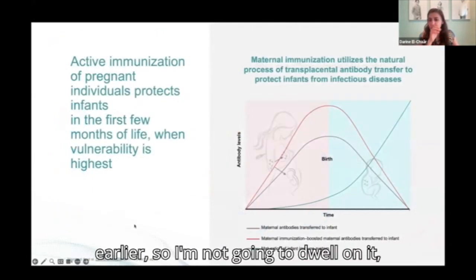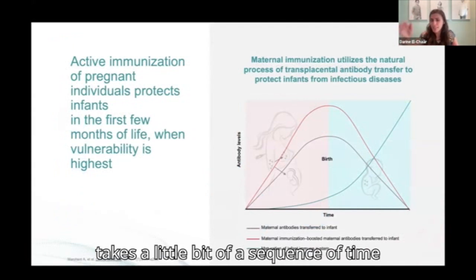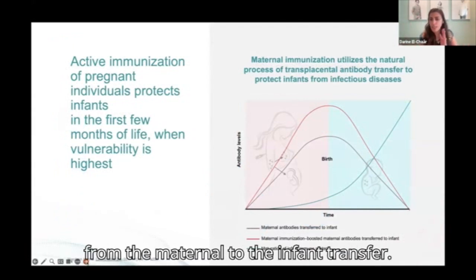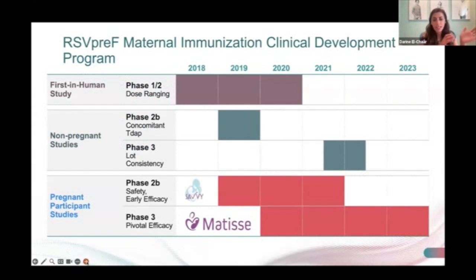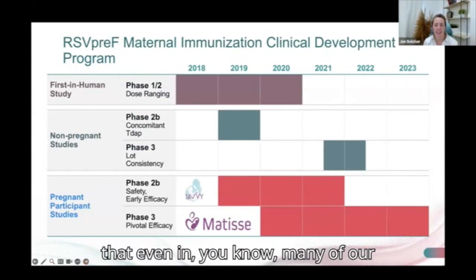I kind of described that earlier, so I'm not going to dwell on it, but it shows the timelines and that it takes a little bit of a sequence of time from the maternal to the infant transfer. I'll jump into just from the lactation counseling and thinking about our midwifery colleagues that even in